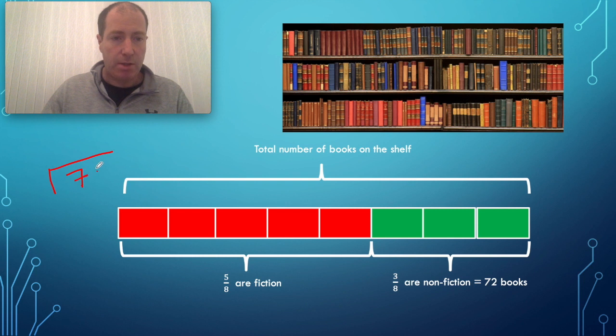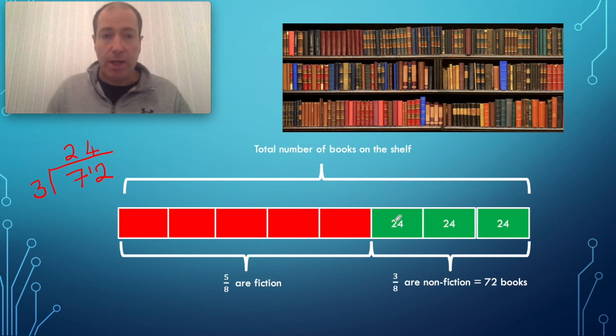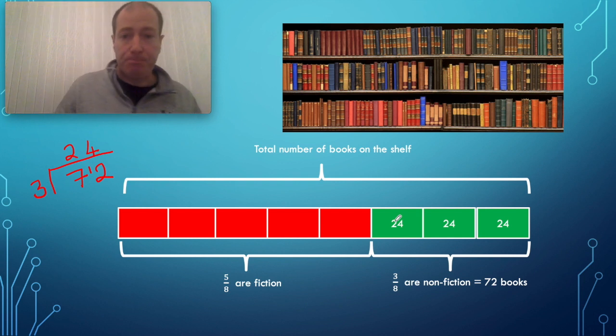So 72 divided by 3, because there are 3 bars. 7 divided by 3 will give us 2 with a remainder of 1. I'll put the 1 there. Remember that 1 actually is 10 units, or 10 ones, regrouped into the ones column to give us 12 ones. So 12 divided by 3 is 4. So we get 24. What that means is we should be putting 24 into each of those green bars,